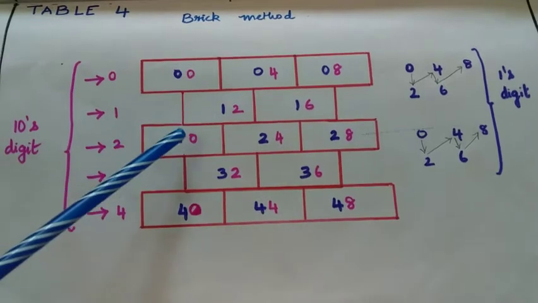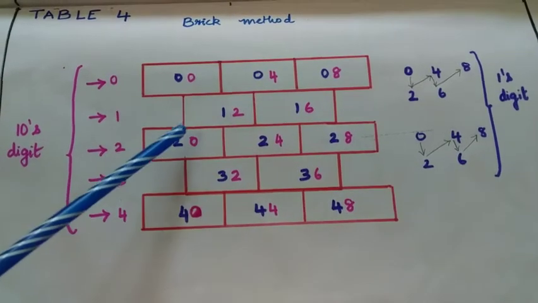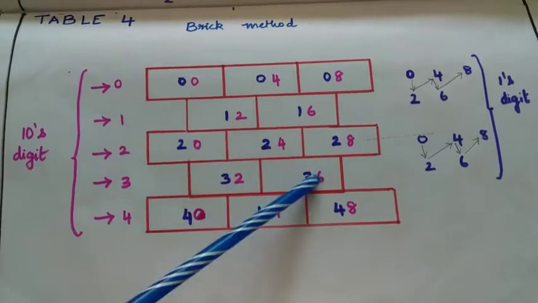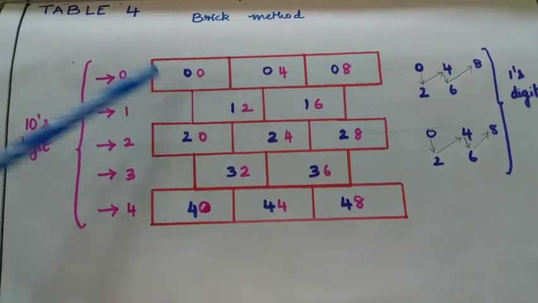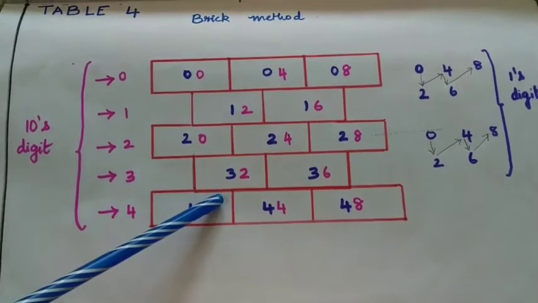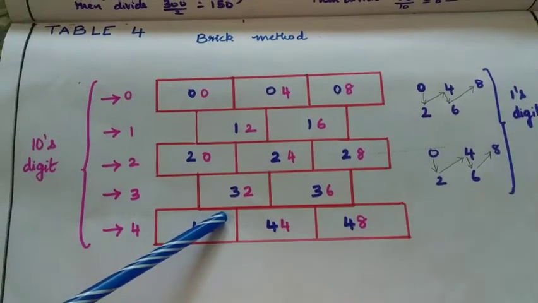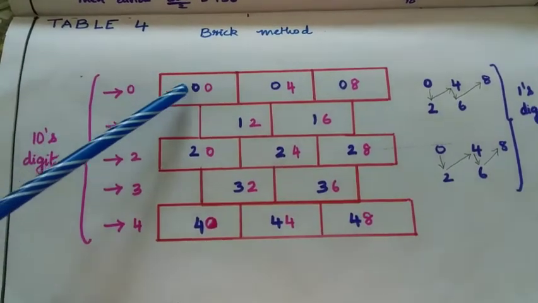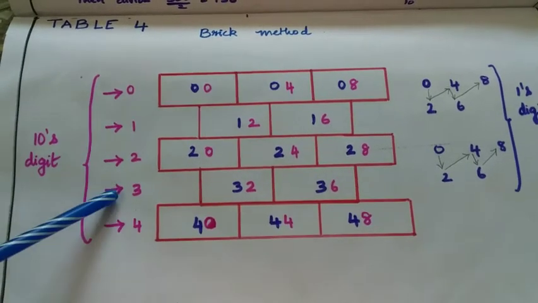Similarly, you repeat the same pattern for the third and fourth row, where you write 0, 2, 4, 6 and 8, and it goes on. Now let's consider only the first 4 rows. Having written the numbers by skip counting by 2, now you prefix each row with 0, 1, 2 and 3 respectively.